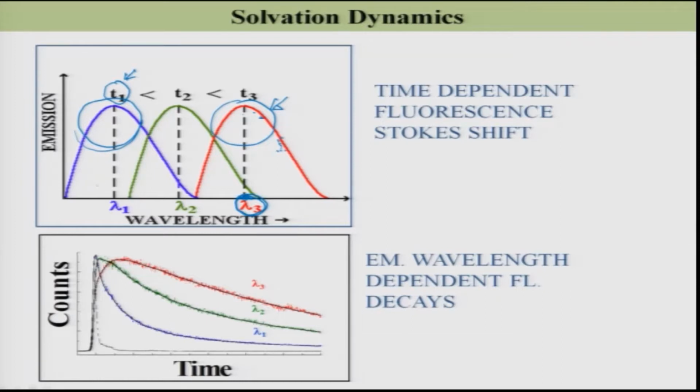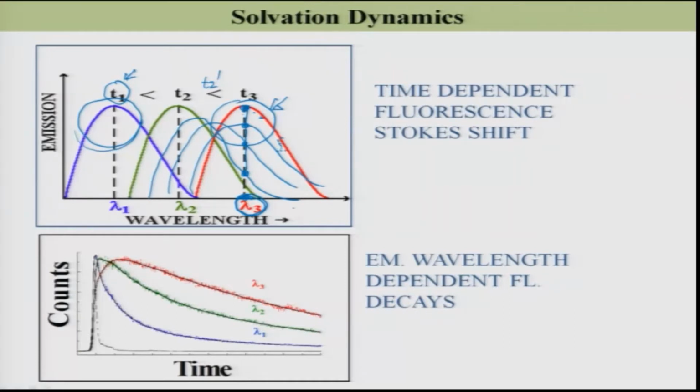So, if I now draw some other emission spectra here, let us say at time t2 prime, that may look something like this. So, here at time t2 prime we got small emission intensity. As time goes, this spectra will shift this way, and this emission intensity will increase from here to here, and so on and so forth. That means, if I plot the emission intensity of lambda 3 as a function of time, I must be able to see first an increase in the fluorescence intensity, then obviously the fluorescence intensity will decrease because of the lifetime